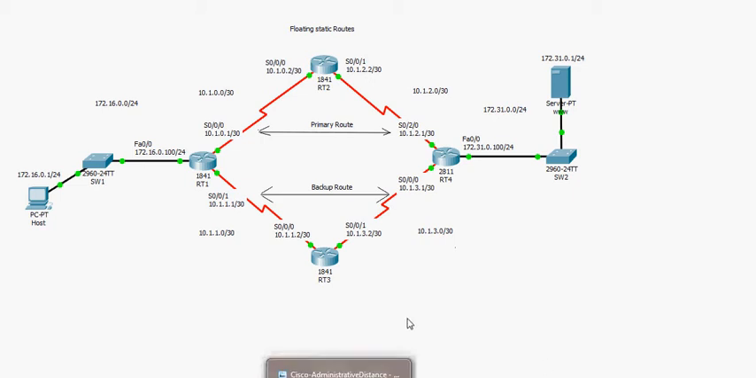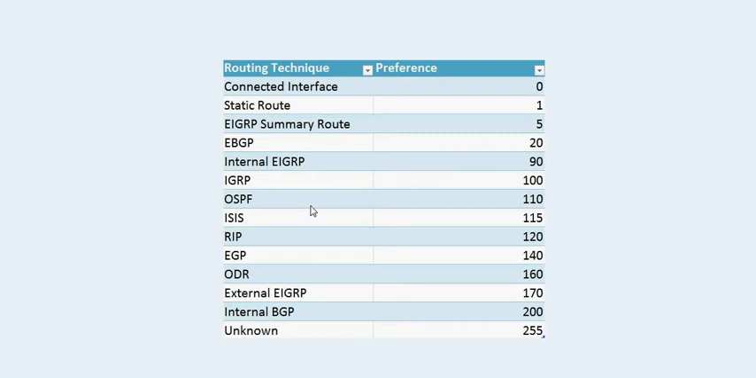Hello everyone. In this video I'm going to talk about the floating static route. We're going to see how we configure this. Before that, I would like to remind you about, in Cisco, what is the default value for the administrative